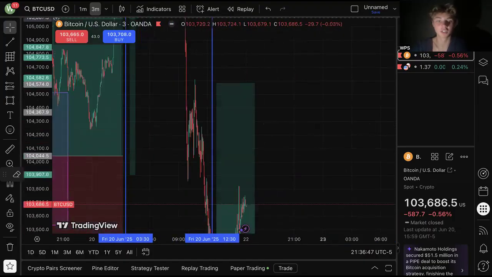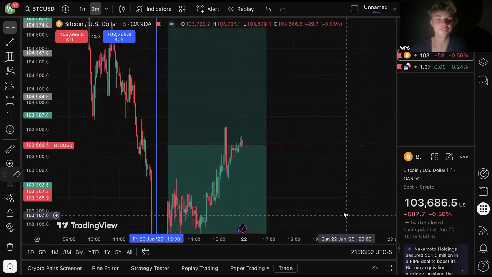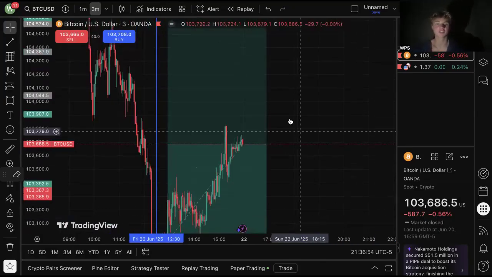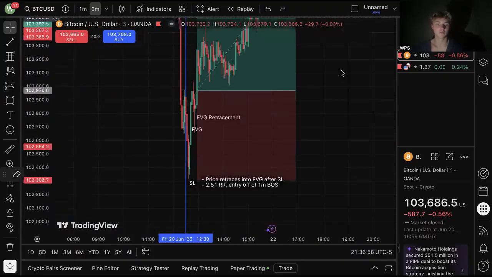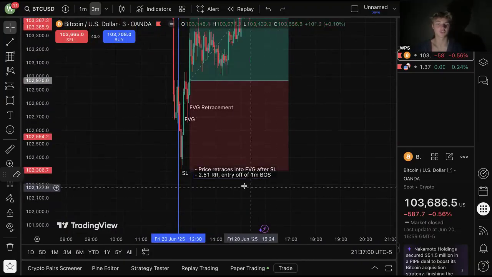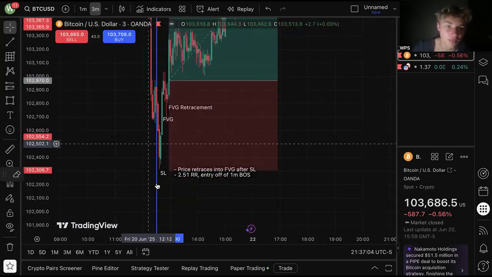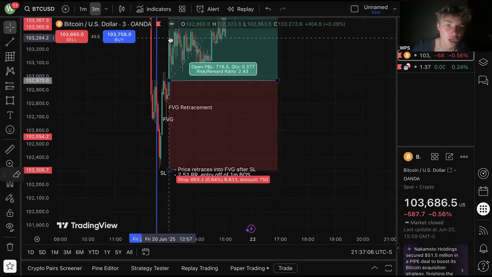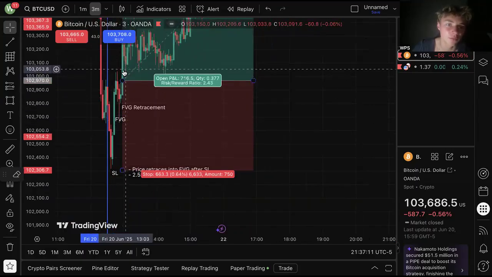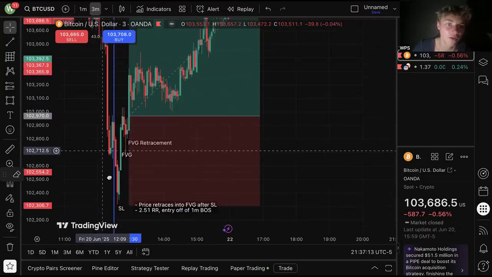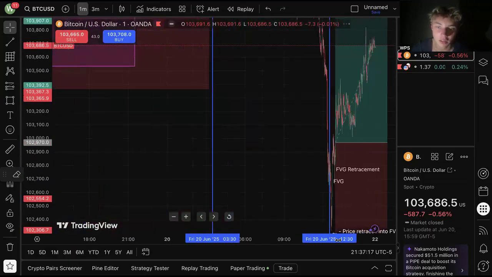That's after the break of structure to the downside. And this is the last trade. This trade is still live. I didn't really take a trade off of this. I just drew the box in advance. What I made is price retraces into the fair value gap after the stop loss, which is price moves up bullish. Price retraces right here and then it breaks structure to the upside with this candle where it's high, low, higher. And then I just went on to the 1 minute and